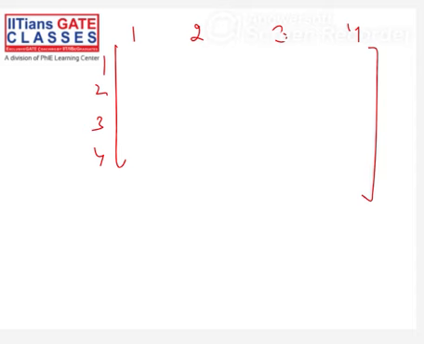So this is 1 to 3, you're going with -2. 2 to 3, you're going with 3. 2 to 1, you're going with 4. The diagonal entries are 0.